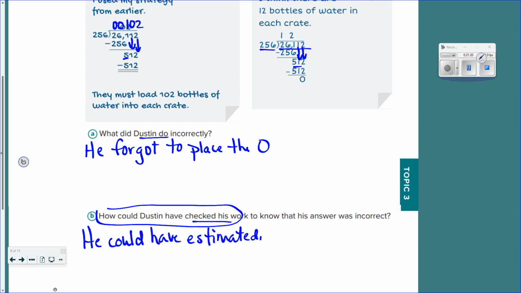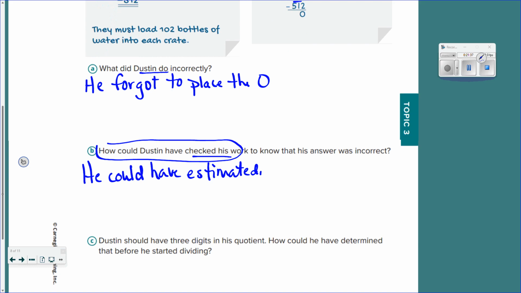Okay, what were you multiplying? Good. You couldn't have multiplied 256 times 12. Would you have gotten anywhere close to 26,000? No. You got somewhere a little over 2,000. Okay? Or multiply